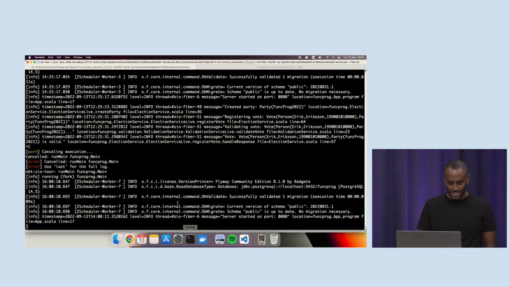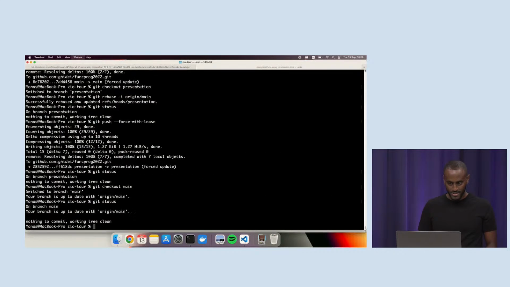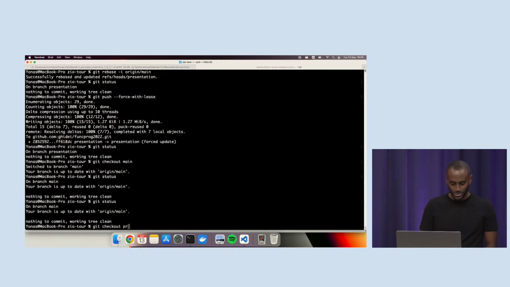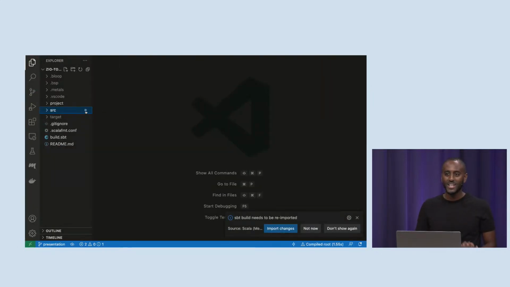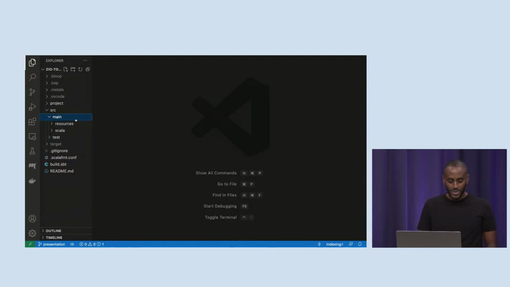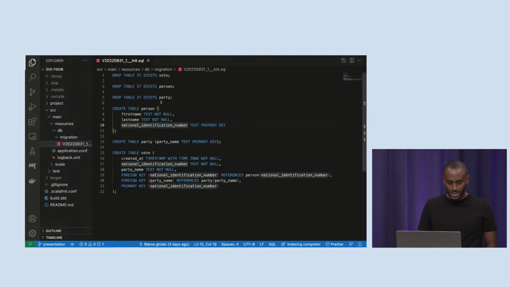Before that, actually, let's stop this server and also switch branch to presentation. I prepared a presentation branch that stubs out some of the implementation so that we can finish the project together. Before we look at the source code, I just want to quickly give you a look at our database model.